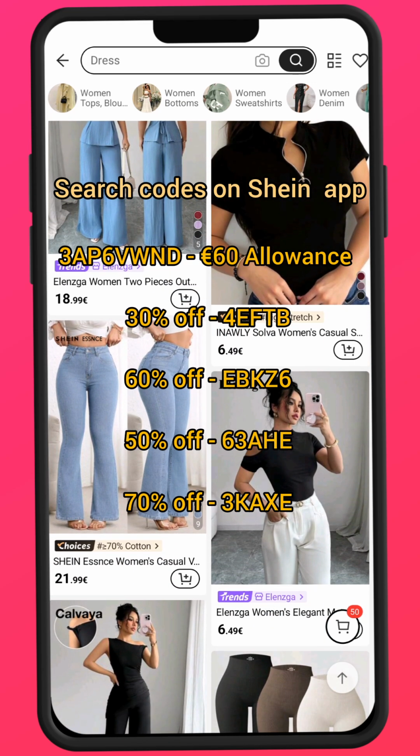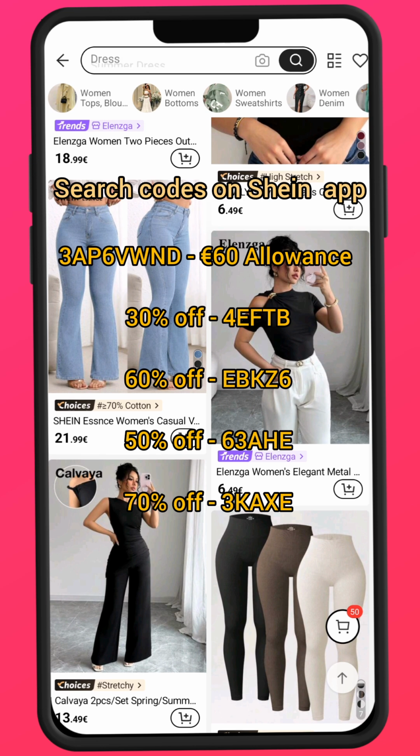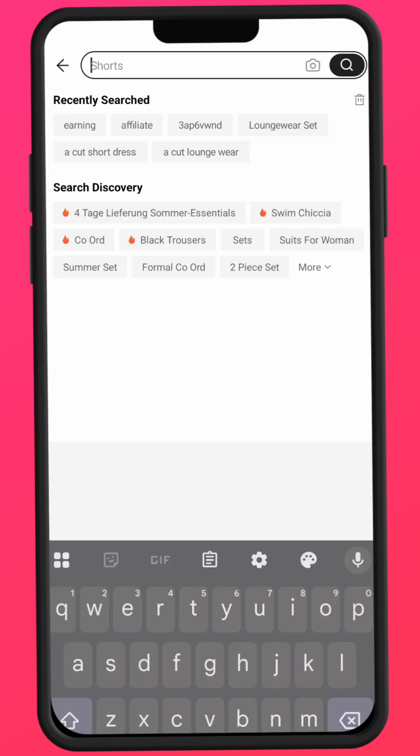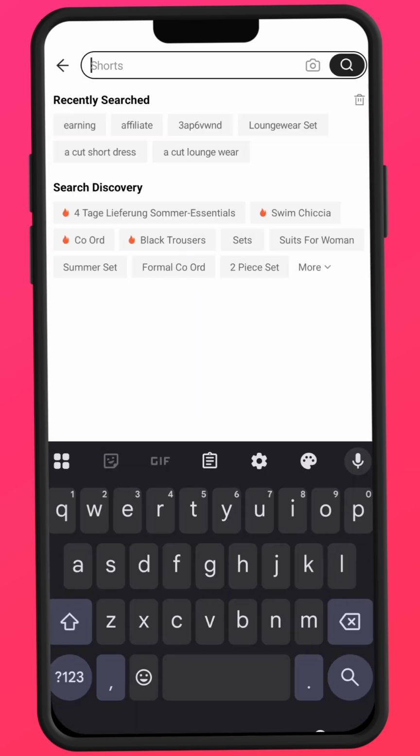Now, what do you do with this allowance? You use it to shop free items. Any item you want, it's just capped at the €60 you're given, all right? All you need to do is to type this on the search bar. Now, the code is